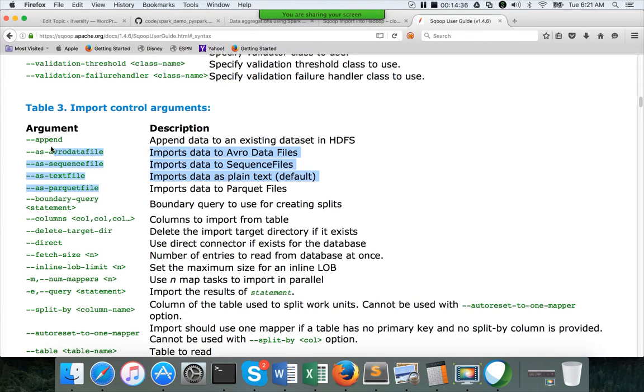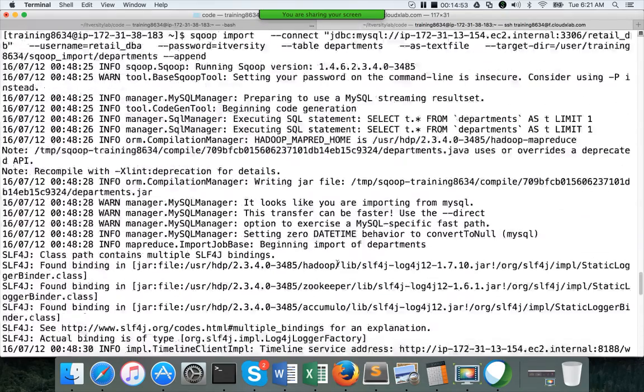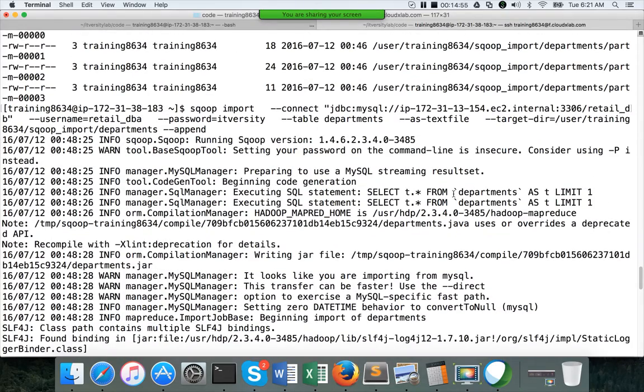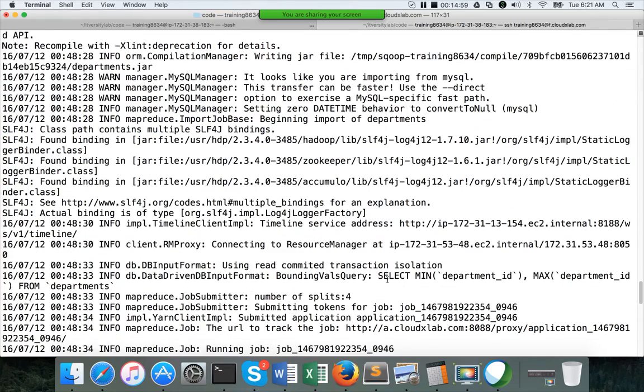These are the 4 parameters which will determine the file format. And boundary query I explained as part of the last class. By default, when you run the Sqoop import command, it will issue this query to get the metadata of the table, and then it will issue a bounding values query with min and max.